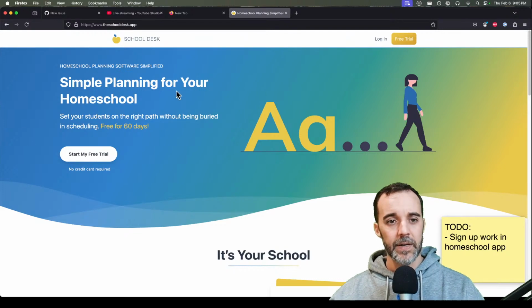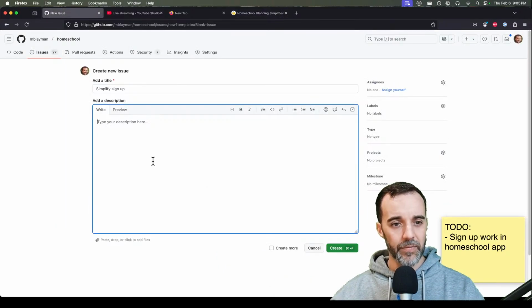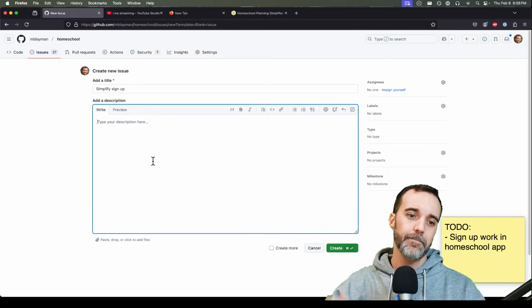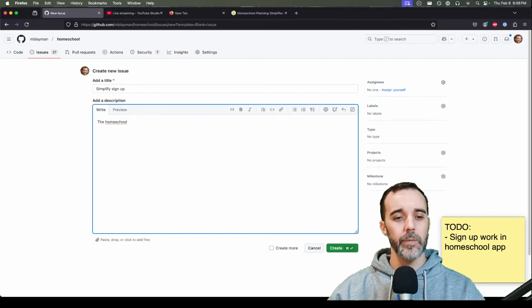That's the plan. So we're going to change things around with the School Desk app here, and we want to simplify sign up. And what are we trying to simplify it to? The overall flow is the homeschool. I'm just going to call it homeschool because if I say School Desk, you don't necessarily know what it means. The homeschool app